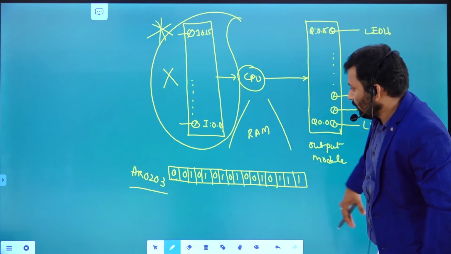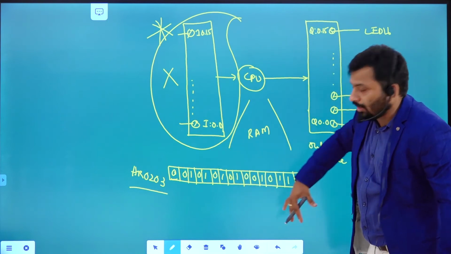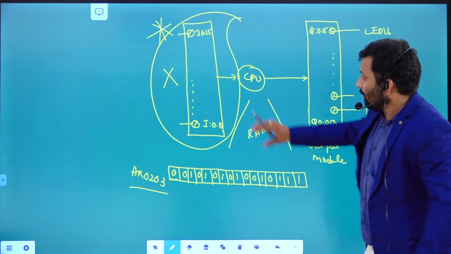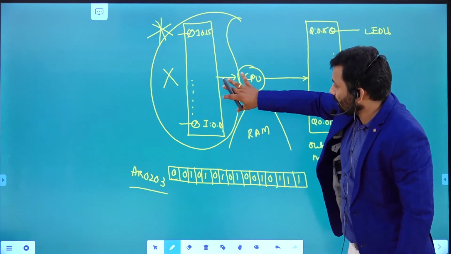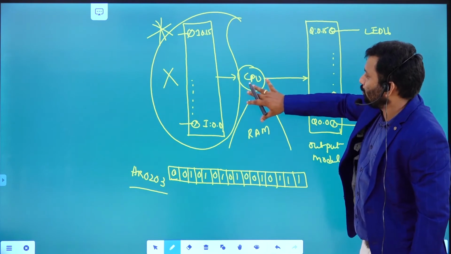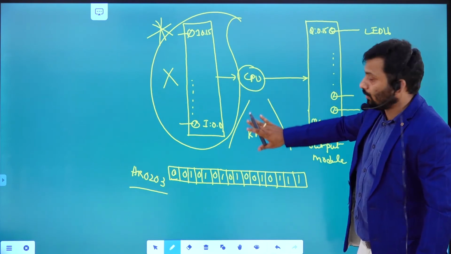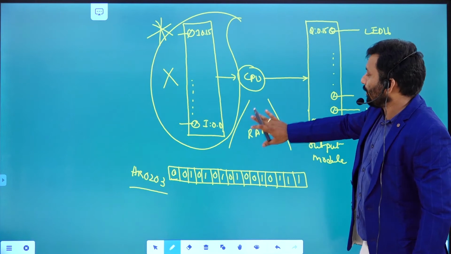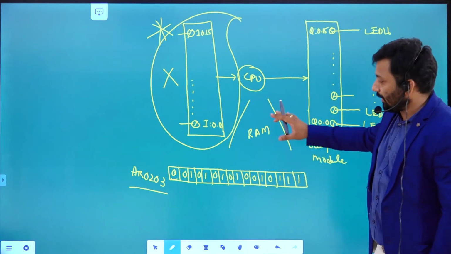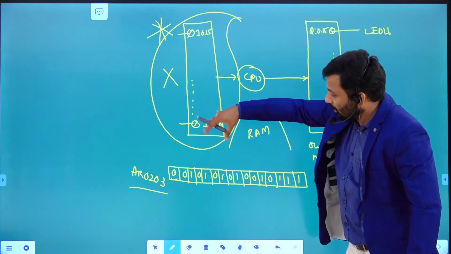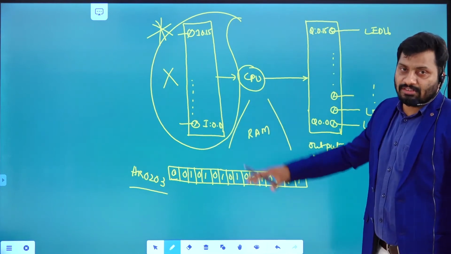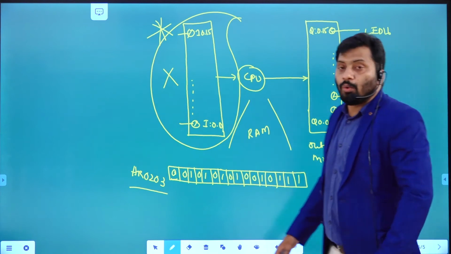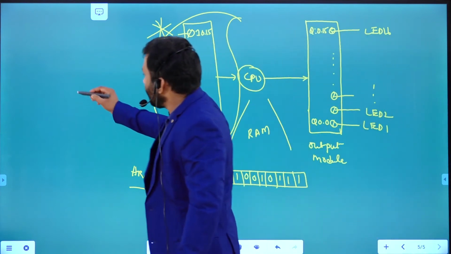By following the data present in any holding register, without taking the data from the input module, or you can say without taking the input image block as input to the PLC program written in the RAM. You can control the output devices by following the data present in any one holding register in the RAM. This is the way you can write it.